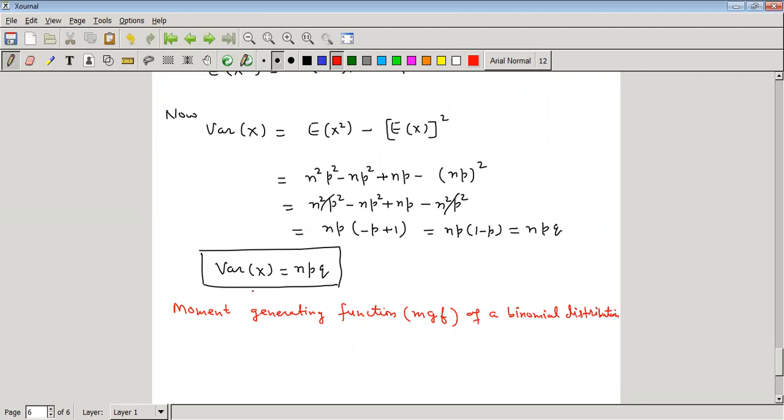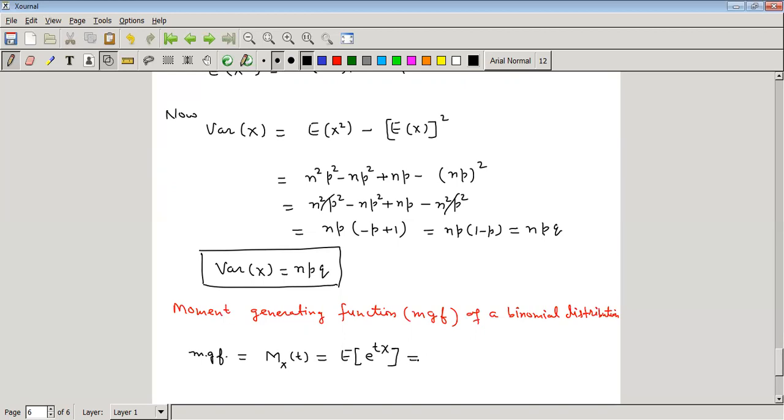So the definition, how we can define moment generating function MGF, that is denoted by Mx(t), that is equal to expectation of e to the power tx,